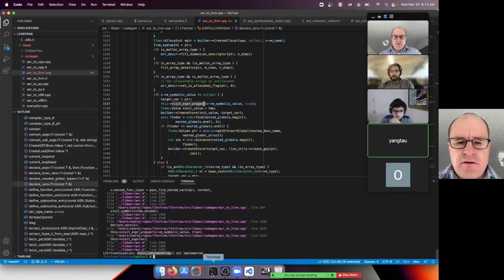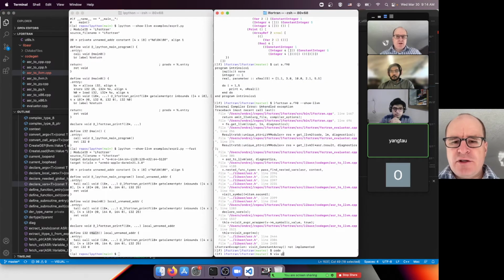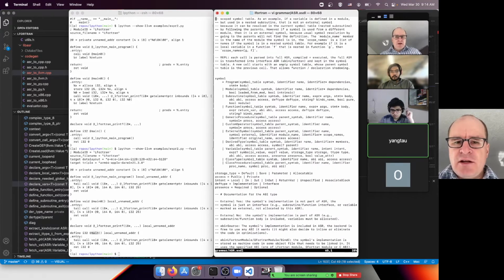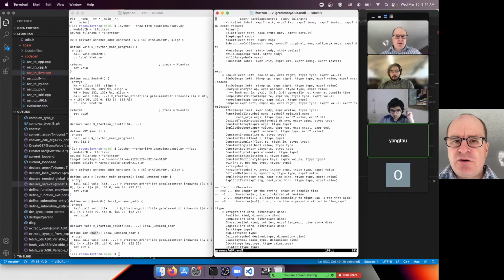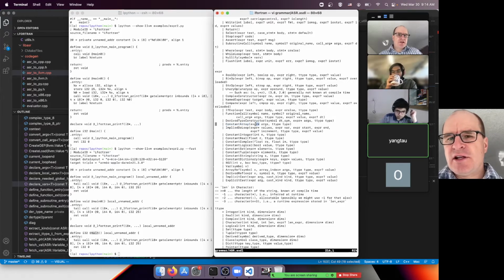And one last thing I should tell you is that all the ASR nodes are generated automatically from this ASR.asdl file, and in our case the issue is with the constant array, so that should be, there it is. It's a node here which has expression, the star means a list, so it has a list of expressions as an argument and a type,